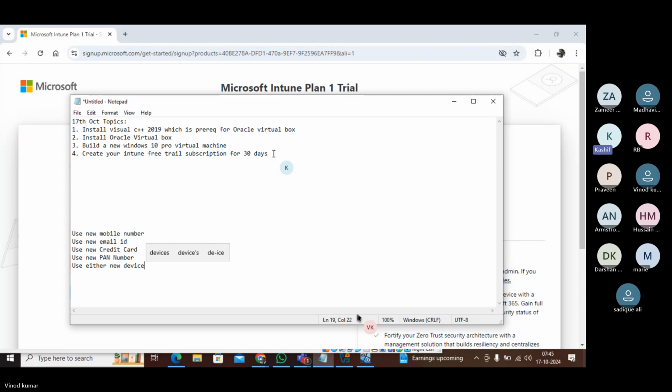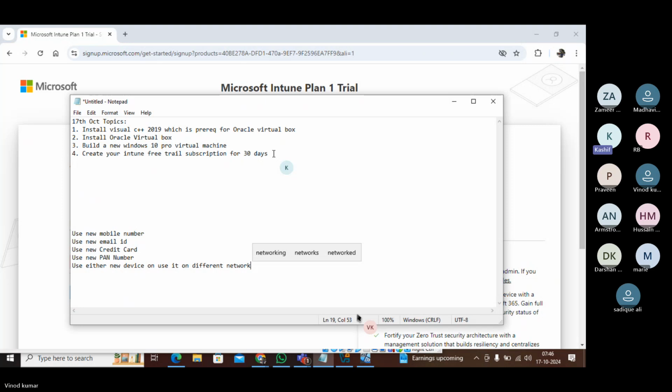So try creating it on mobile, either use a new device or use a different network. If it's the same device, then change the network of your device. Instead of Wi-Fi, change it to mobile hotspot,